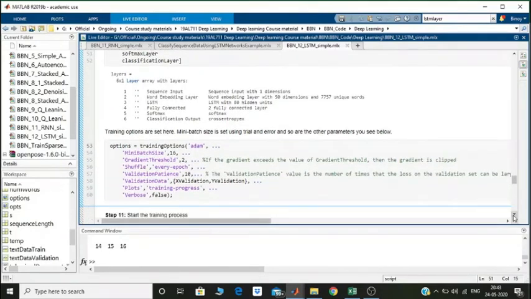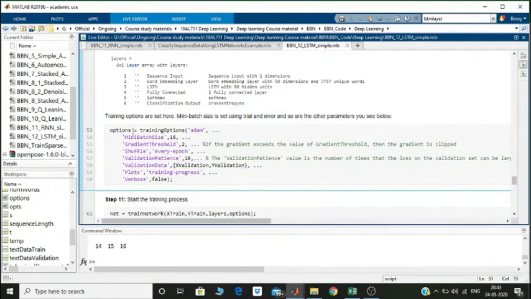Now the next step is to give the training options. So what is the optimizer we are using? We are using Adam as usual. Mini batch size is again 16. You can have larger or smaller, but 16 is good enough. Next is setting the gradient threshold. This is for gradient clipping.